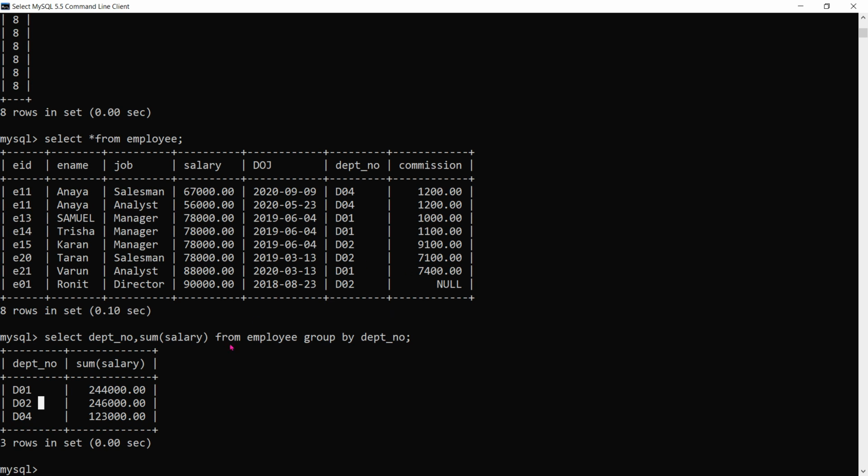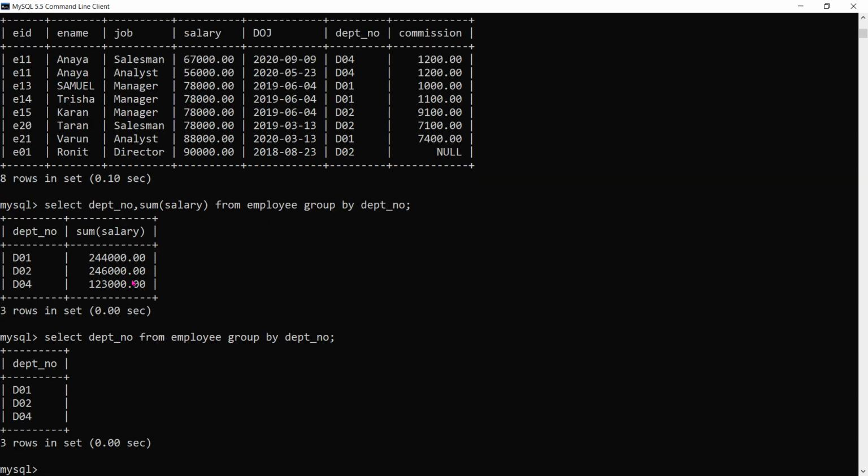So whenever we are choosing the columns, we have to be very careful. We cannot choose any column, or you won't get the desired or required result. So grouped columns or group functions can go side by side. In the previous example I showed you that if you only want to display the department number, you can also do it like this.